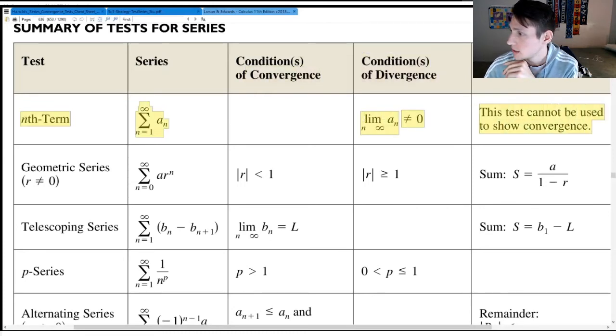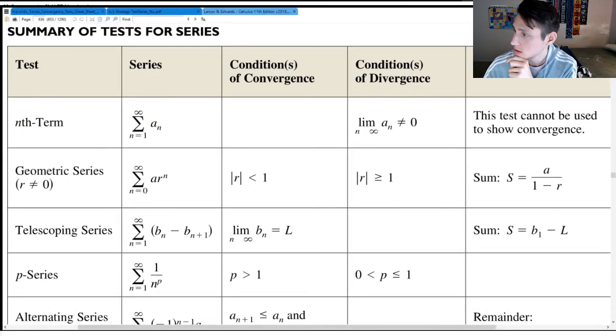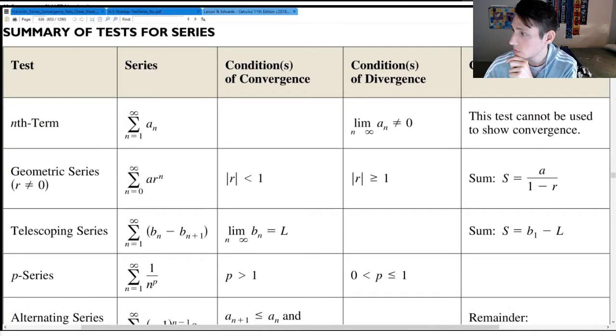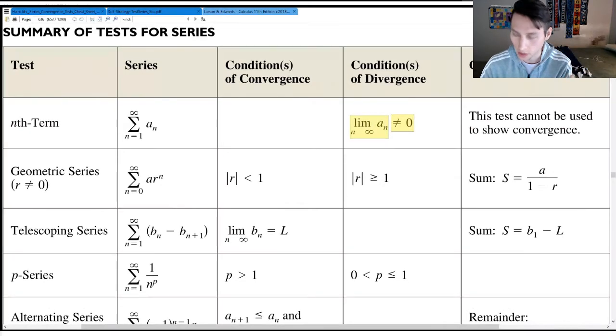Right. Nth term test is always a good place to start, because the nth term test is just take the limit. If we find out that the limit's not 0, then great, we automatically know it diverges. And what's nice about this is, kind of like RJ just asked for the ratio test, we don't need to prove anything else beforehand. We don't need to show that something's decreasing or that something's positive or anything like that. We just take the limit. If it's not 0, boom, we know it diverges. All right, so that's always a good place to start.